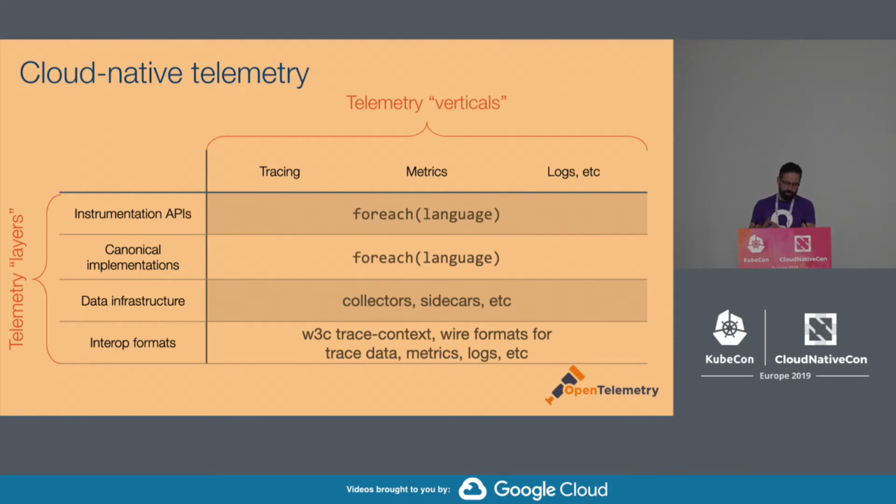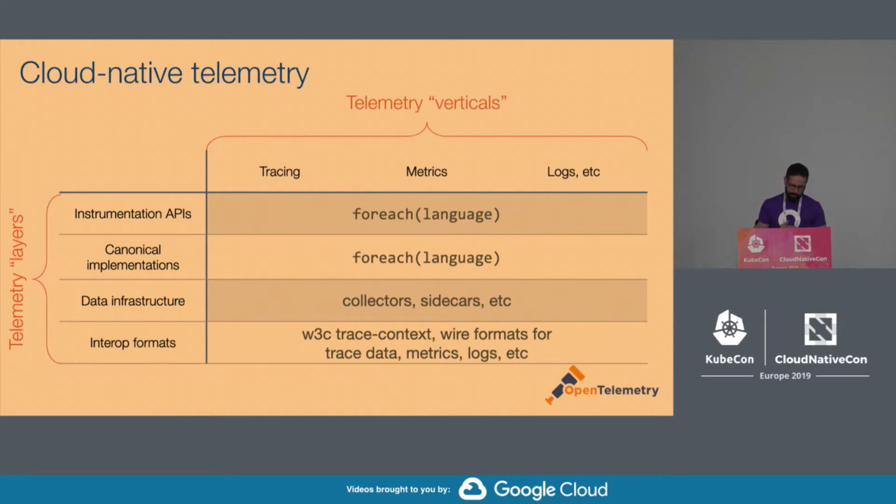Now, in addition to the different artifacts, effective telemetry collection has to deal with a few different things, starting with instrumentation APIs: how do you instrument, especially shared libraries and frameworks, for emitting this telemetry. Then the implementation of those APIs, and those two have to be implemented separately for every language, and that's a lot of effort. That's also why a project like this makes a lot of sense, because all of us can contribute together in making it happen. And also the data infrastructure for extracting this data from our application and transmitting it to whatever backends we might want to use for the analysis.